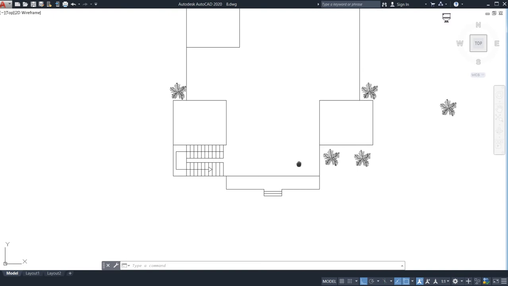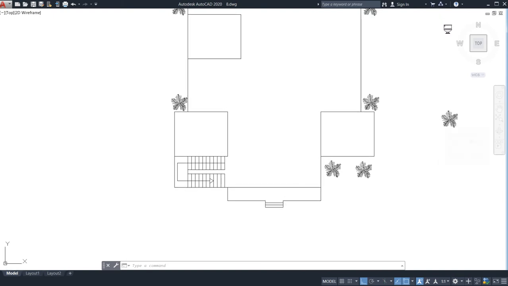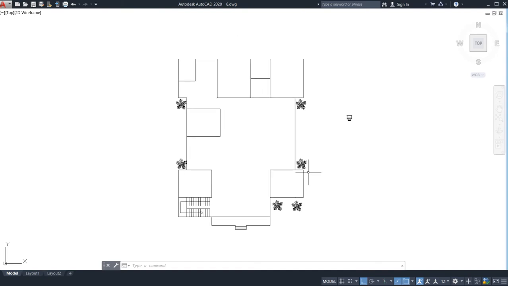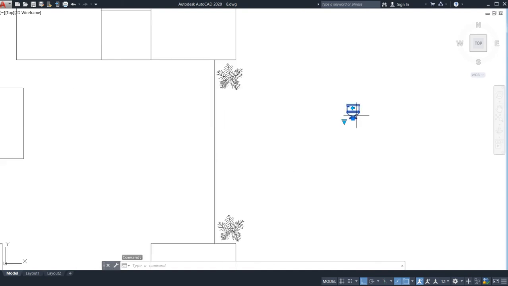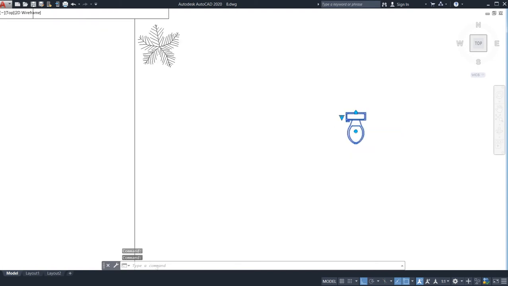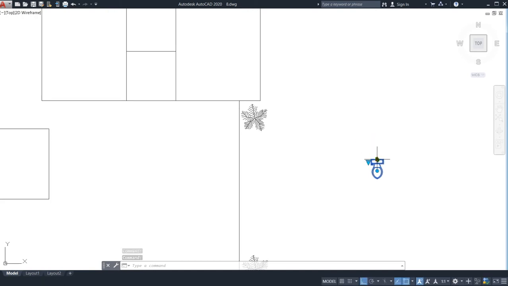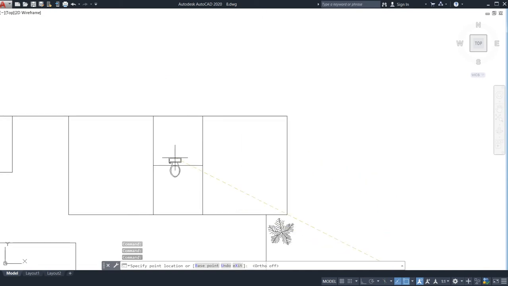After that, this should be deleted. I have attached my trees, right? Now I need to go for this. This is my plan, right? So go and click it here. Now you need to just select it and click it here. Your ortho should be off. I need to click and place it.